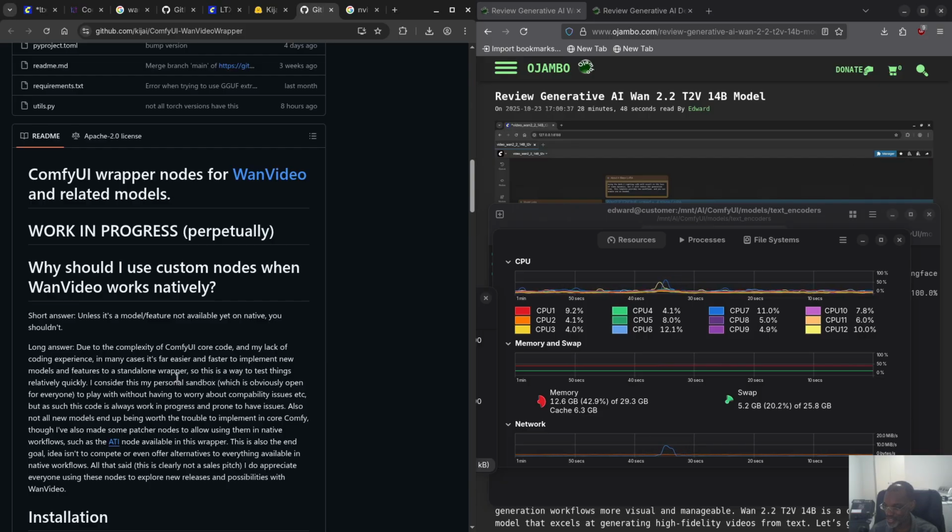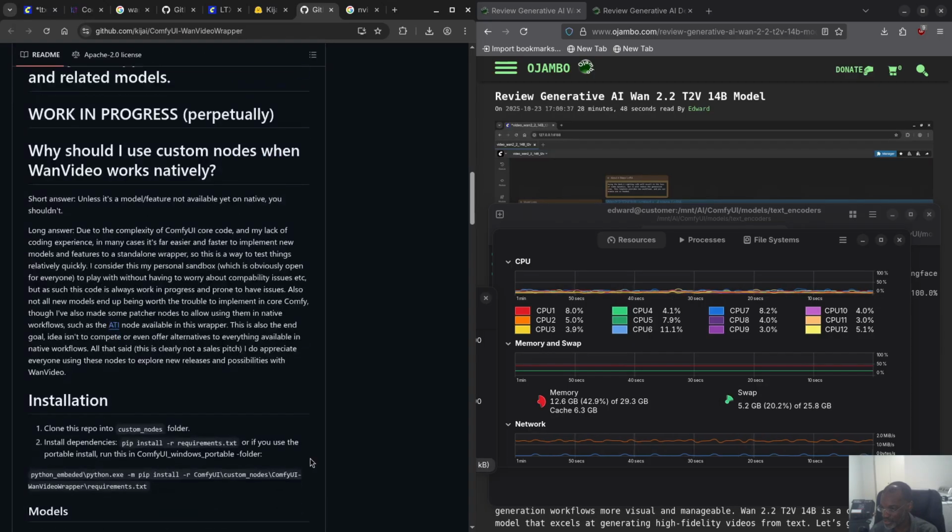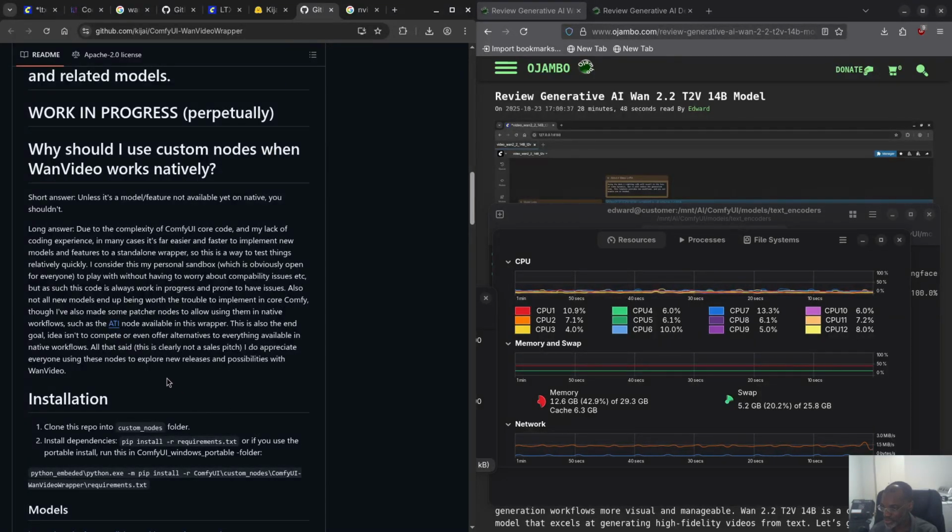So this is a way to test things relatively quickly. I consider this my personal sandbox, which is obviously open to everyone, to play with without having to worry about complexity or compatibility issues. But as such, this code is always a work in progress and prone to issues. Also, not all new models end up being worth the trouble to implement in core Comfy, though I've also made some patcher nodes to allow them to use the native workflows, such as the ATI node available in this wrapper. This is also the end goal. The idea isn't to compete or even offer alternatives to everything available in the native workflows. All that said, it's clearly not salespeople. I do appreciate everyone using this node to explore new releases and